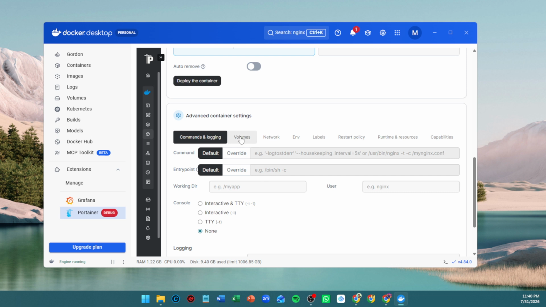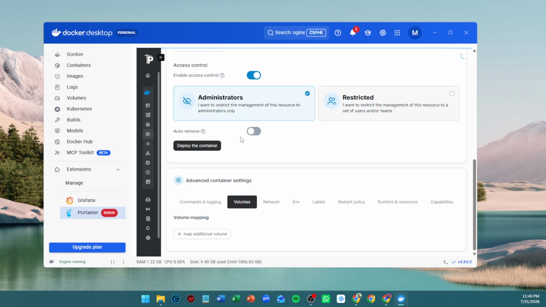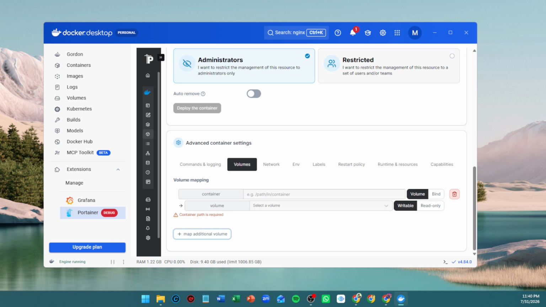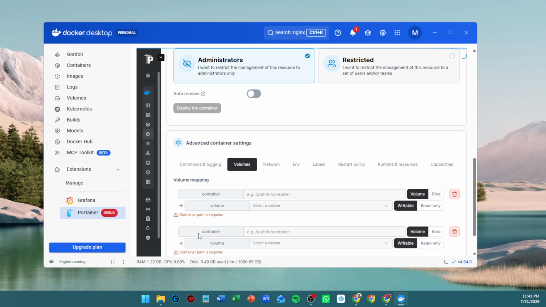After that, scroll to the bottom and open the Volumes tab. Click to map an additional volume. Here, you need to manually create 4 separate bind mounts so cAdvisor can read the host system and Docker data correctly. For the first bind mount, map the host path / to the container path /rootfs and set it to read only. For the second one, map host /var/run to container /var/run and leave this one